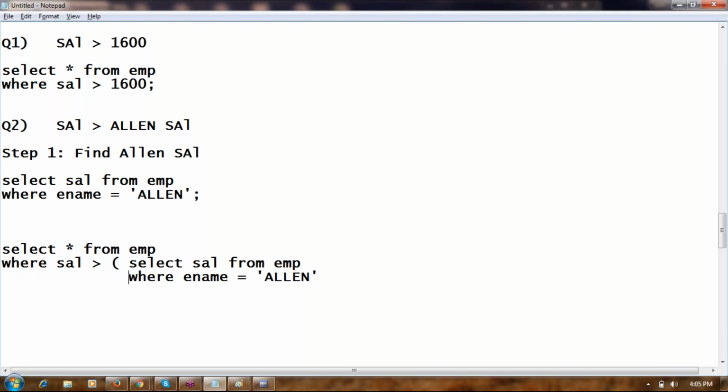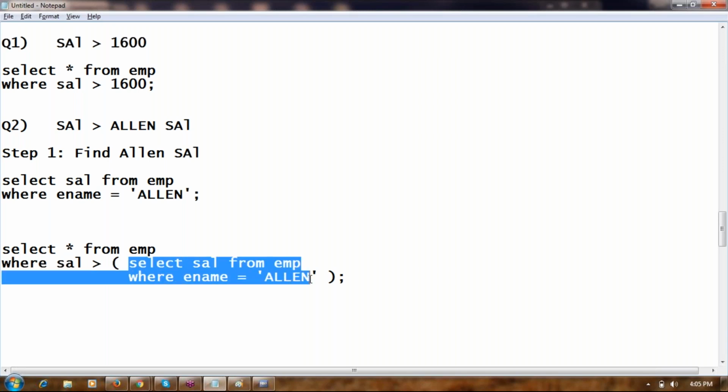As per the syntax, the subquery should be inside the brackets. Now, which will be executed first? The first one. Always the subquery will be executed first.